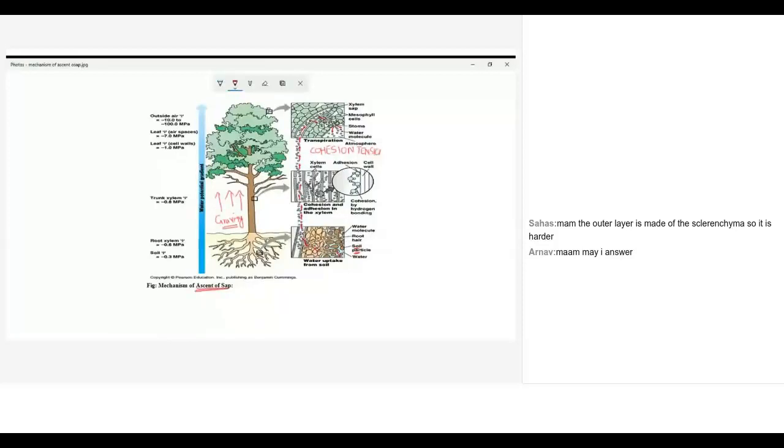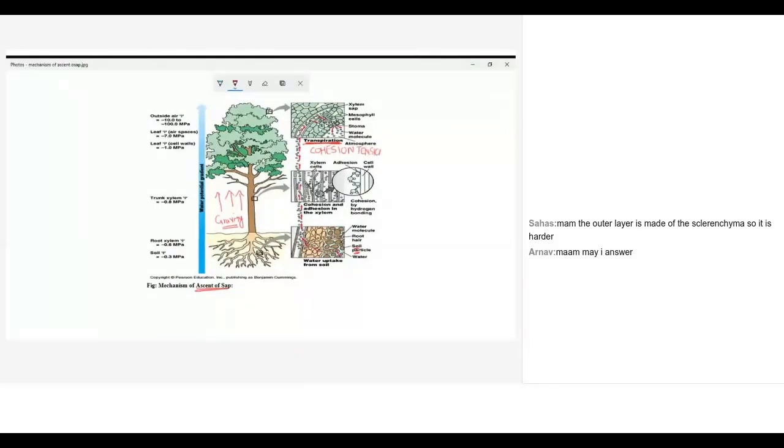Then the root hairs will absorb water molecules along with nutrients from the soil. So once they are absorbed, they will be pushed up against gravity. How will they be pushed up? What factor makes the water from the soil be pushed up in upward direction against gravity? So the common word so far you would have heard is transpiration. Yes. What is transpiration? Can anyone answer? Are you aware of the word transpiration?